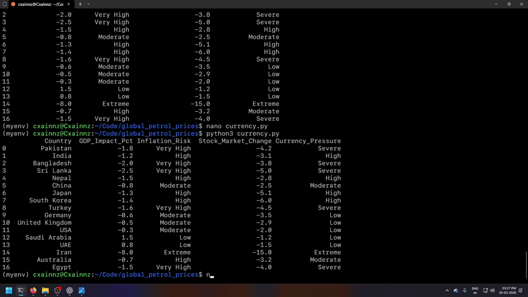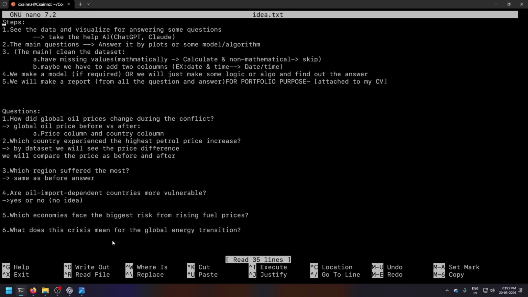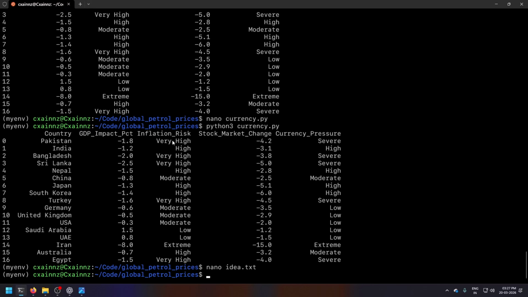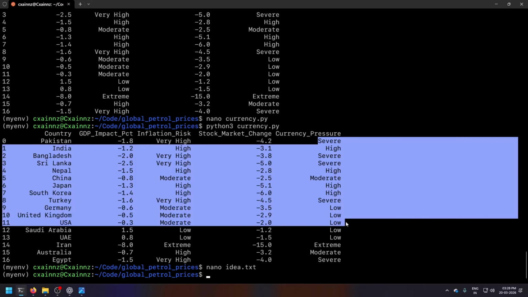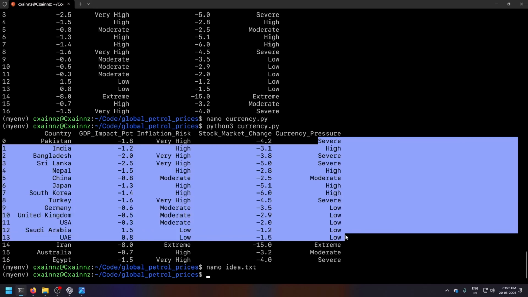So, what was the question first? I forgot it. Oil import now? Which economies face the biggest risk from rising fuel prices? So basically, the highest GDP impact and the highest stock market. Every country is severe, high, low, everything.